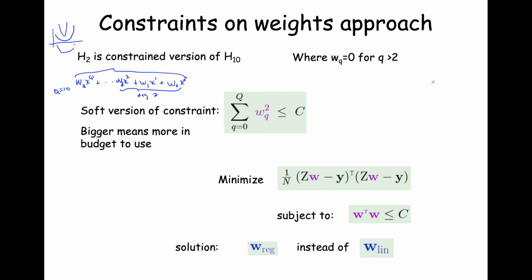And what that's doing is, when we write our polynomial, W0 X0 plus W1 X1 plus W2 X2 plus, that should be an X2, plus let's say WQ